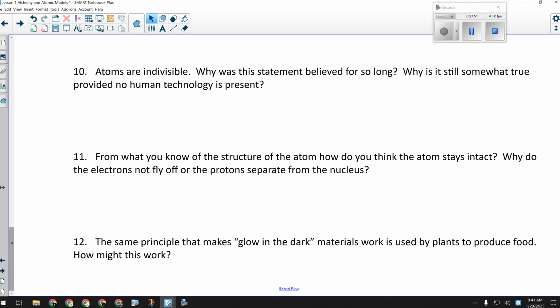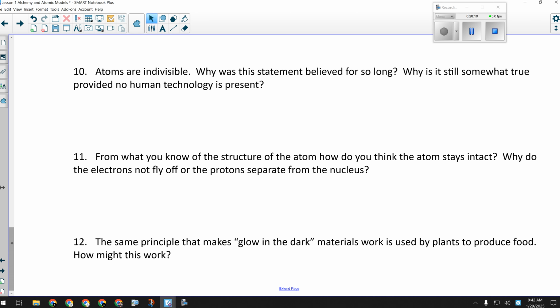If you put the most positive, purely positive thing there is in existence next to something that's neutral, that neutral thing looks negative next to it. Okay? There's this thing called the strong intermolecular force that kind of holds them together, but it's basically an attractive force, okay? An electromagnetic force between the two.